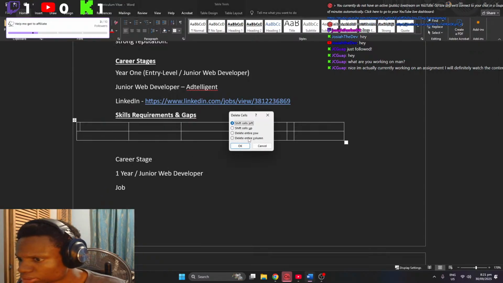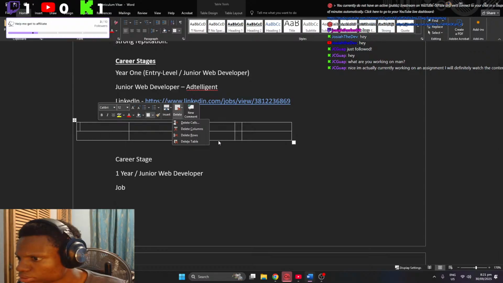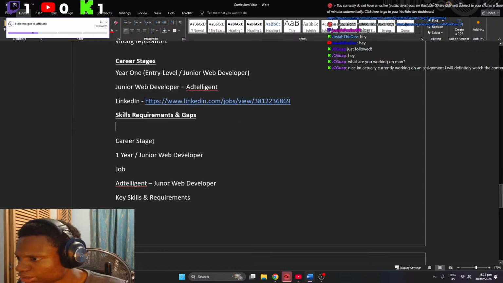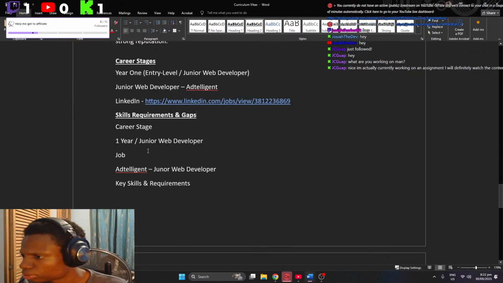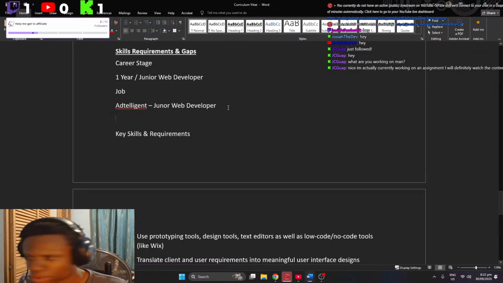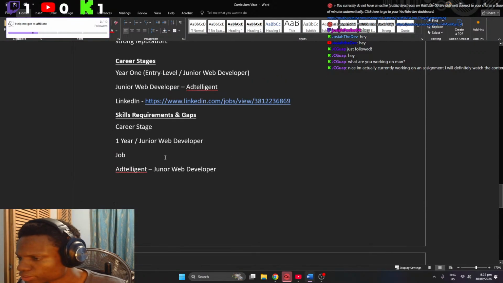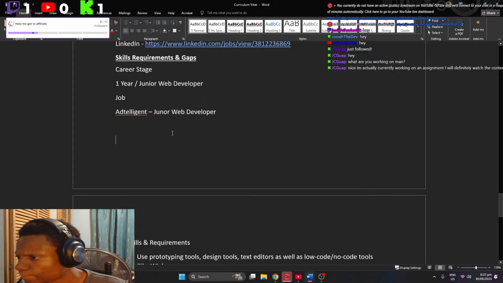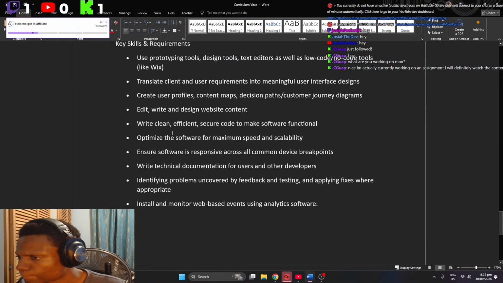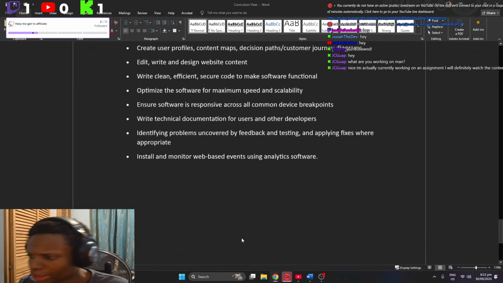Delete cell. Delete table. Right, so career stage, job, key skills on this. Let's move to there. Right. And then let's go to